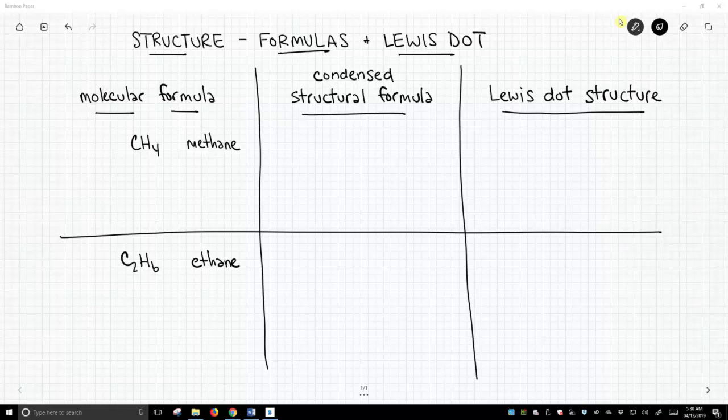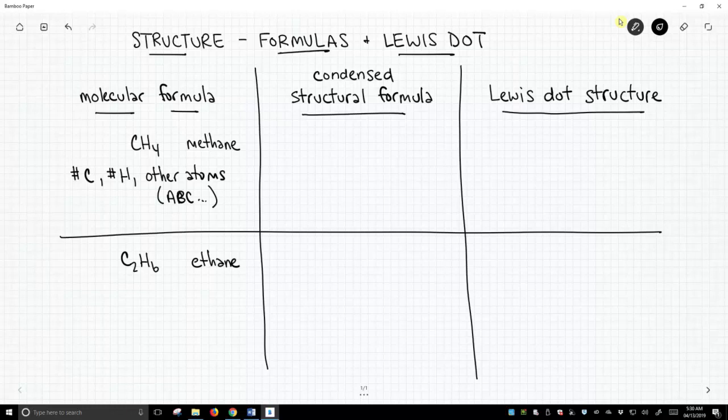There is a rule for giving a molecular formula. The first atom type that you list is carbon. So you list the number of carbons, followed by the number of hydrogens, and then all the other atoms follow, and they are listed in alphabetical order, ABC order. So that's how we give molecular formula. It's great for communicating how many of each type of atom you have. It's not that great for giving structural information.